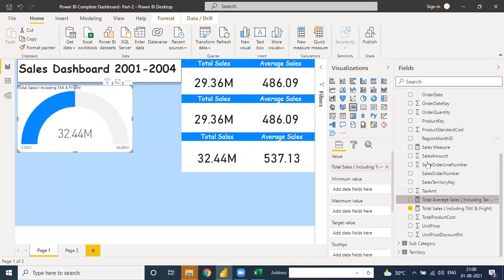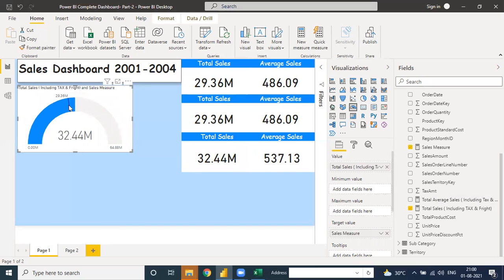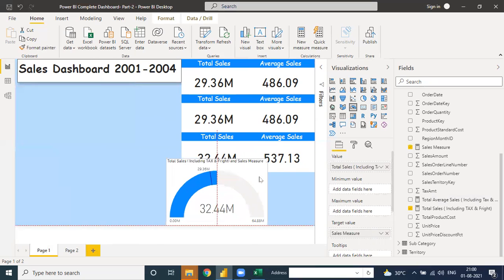You can go to total sales and set the target value. See, the total sales without tax is 29.36 and with tax or freight is 32.4 million. That's why we are using the freight in this Gantt chart, because we have to compare the target value. So it will give you the complete effect regarding the target value.